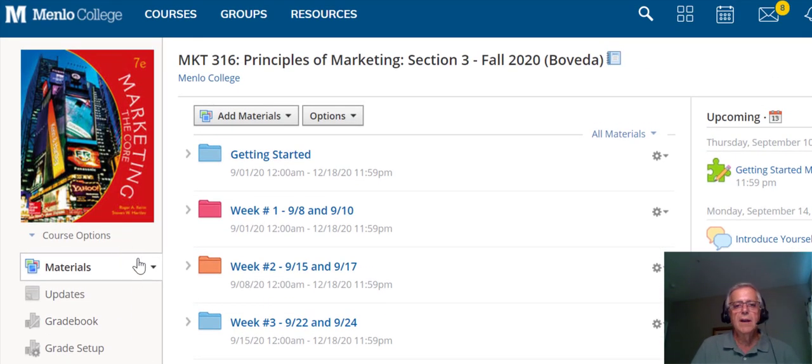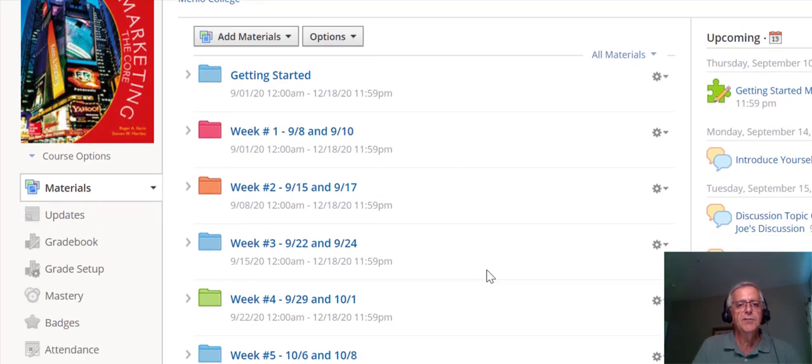So if you click on materials as a student, you will then see in that course, it all depends how the faculty has set it. So you might have folders, and that's probably one of the easiest ways to do it, is your professors will have set up folders. It could be by chapter, it could be by week assignment. It's up to them how it's done. I just want to show you mine as an example.